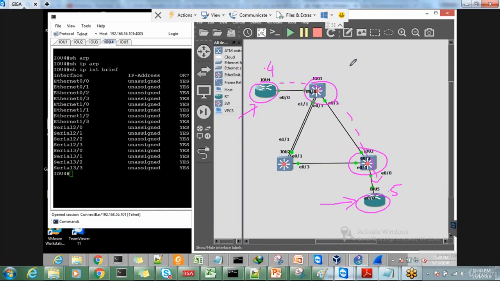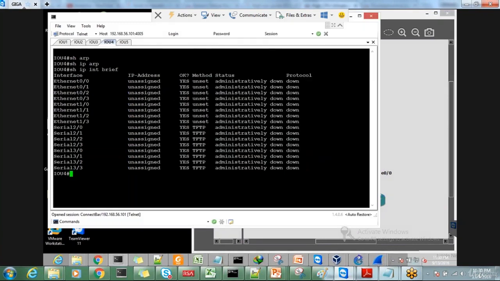Once we understand all those steps, after that I will create one ACL inside this switch, and then I will simulate the high CPU inside the switch. So this is the overall lab that I'm going to show you here. Now I'm going to show you this here in the